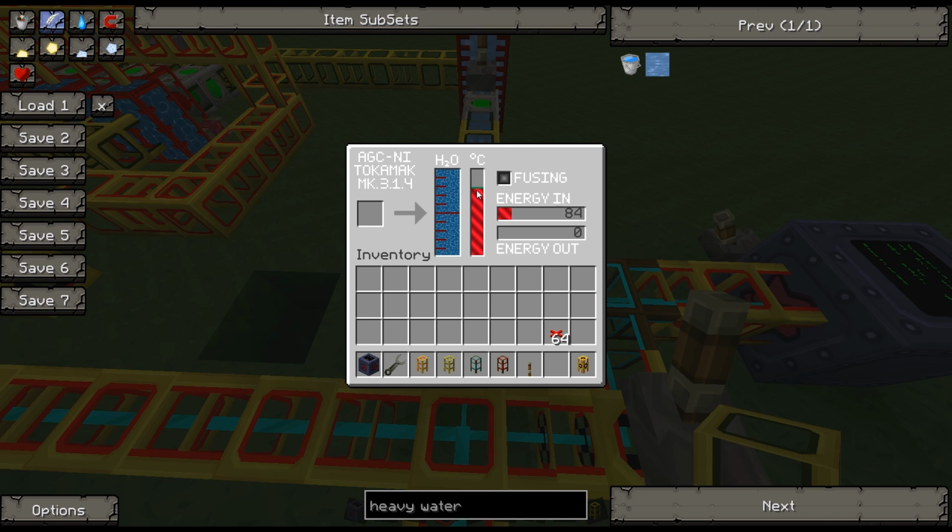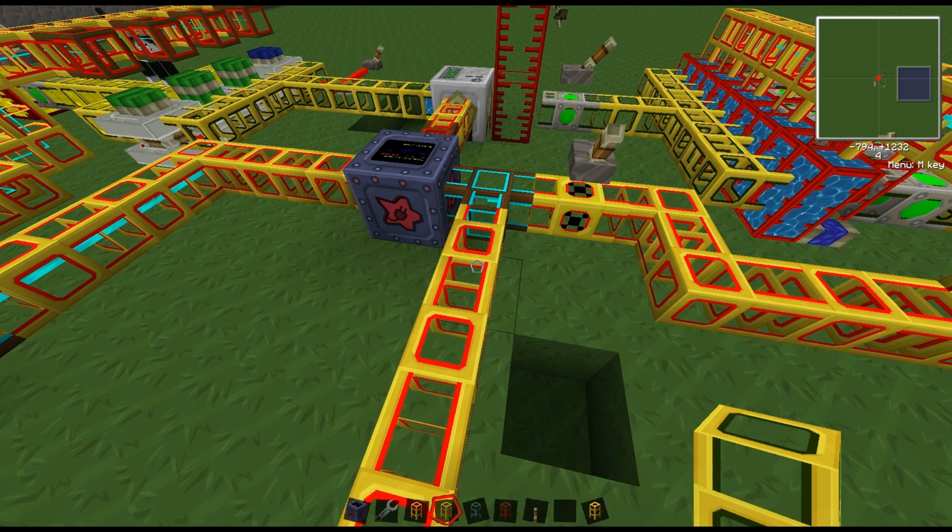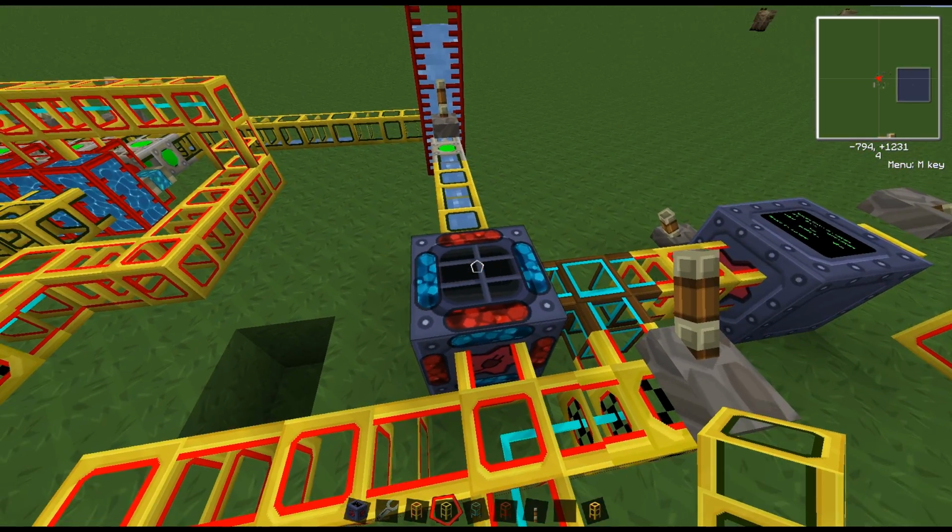If we see here, we're almost fusing, and it's just about there. And once it starts, I've actually got to go and enable the refineries. There we go, we're fusing, and look at all the water we're using. So we're using that water really fast. If you look here,